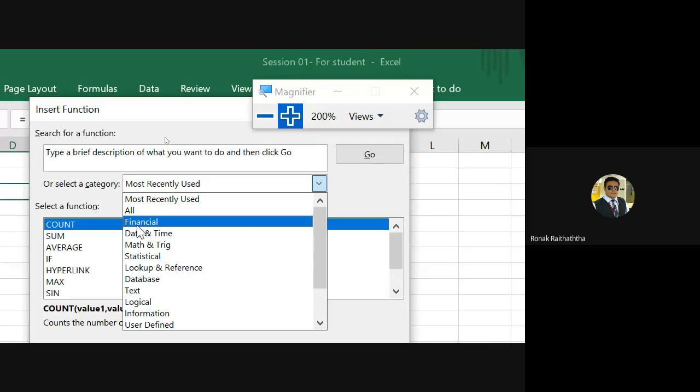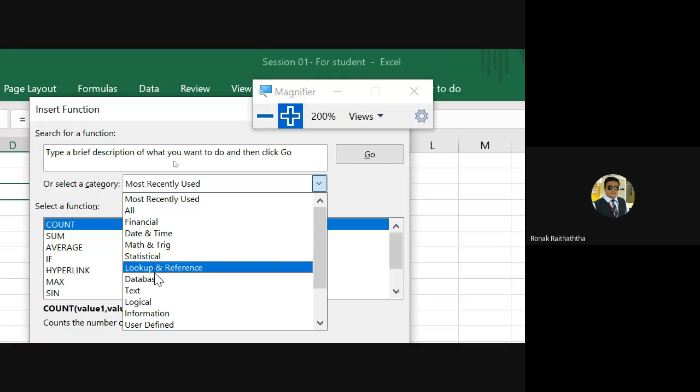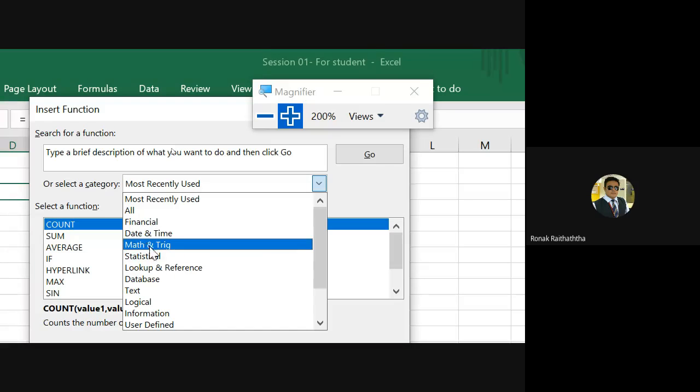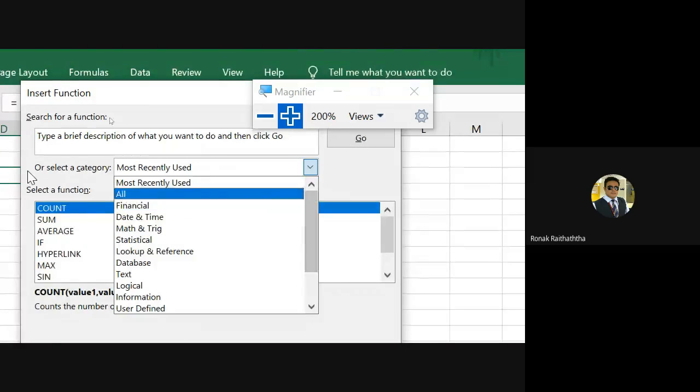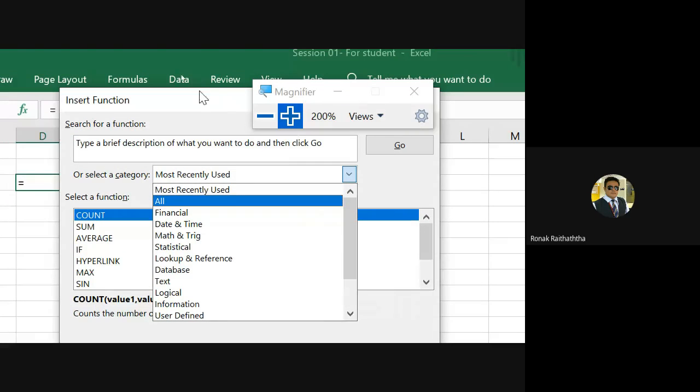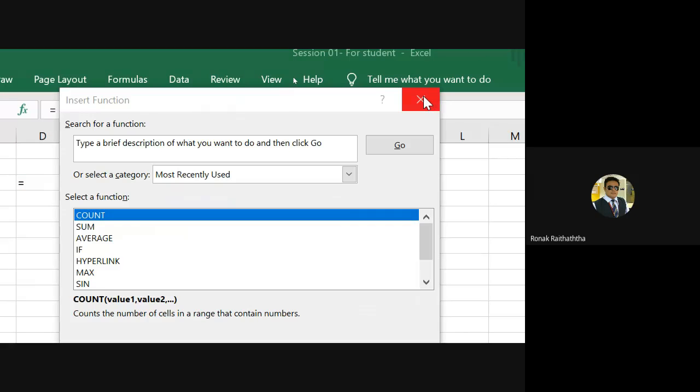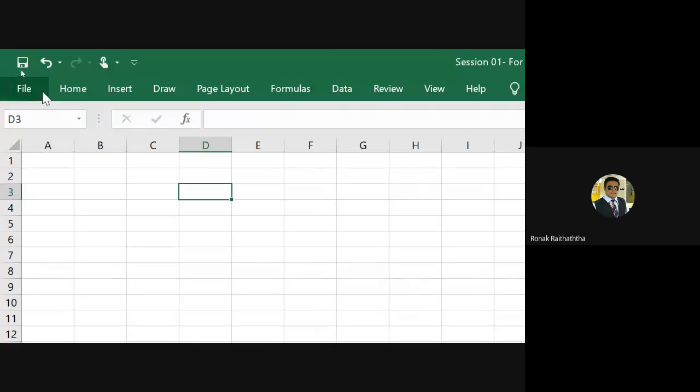Finance is one of the most important tabs over here, because some of the advanced level things we do in finance, Excel does within just a fraction of a minute. So that's why this tab is going to be extremely important. Lookup, statistical, mathematics, and trigonometry. I'm not going into the details of it as of now. Just for your understanding, I'm giving you a brief idea about it. Let me close it by clicking on the cross. Once I click on the cross, the tab will be gone.